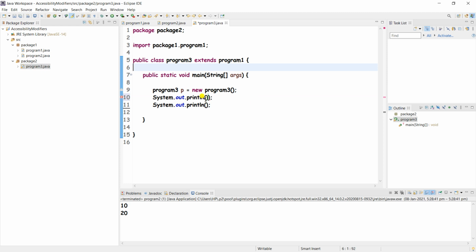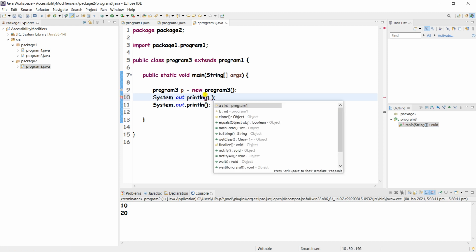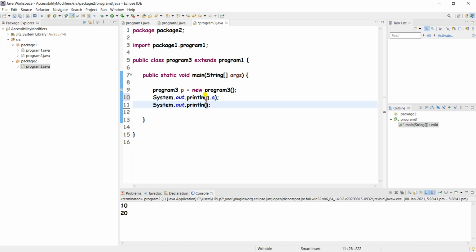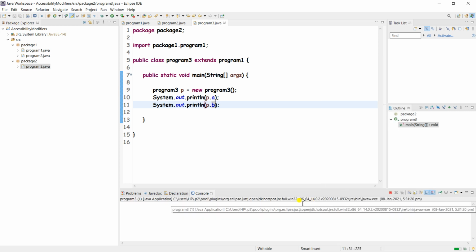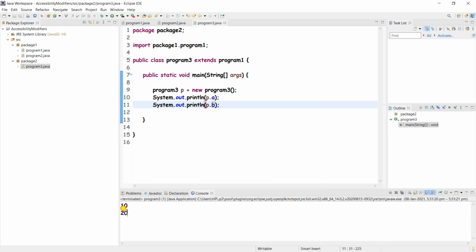We'll write p.a and p.b. I have saved that program and I will run it again as a Java application. See, here again 10 and 20 output came, right?